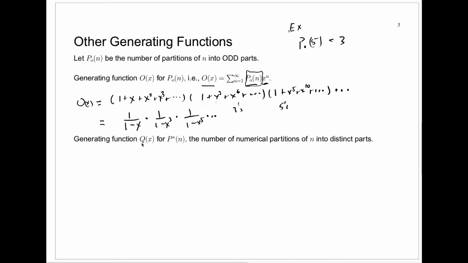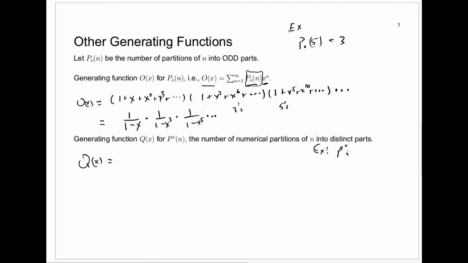Can we find a generating function? I'm going to call this q of x, which is a common name for it, for what the book calls p star of n, the number of numerical partitions of n into distinct parts. When I say into distinct parts, I mean you can't use any number twice or more. So for example,